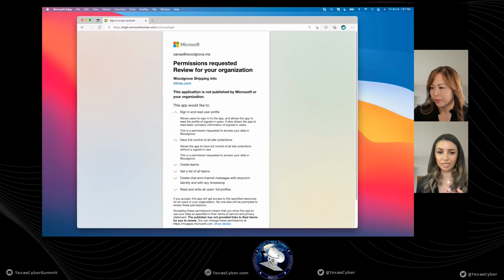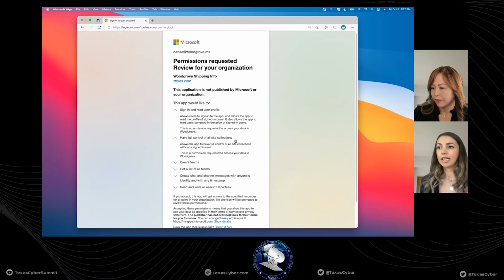And we will talk about this a little bit more later in the presentation. But what it means is that this application is not Microsoft vetted, so it hasn't been registered using a Microsoft partner account. So that's the other thing that, as an admin, you can verify